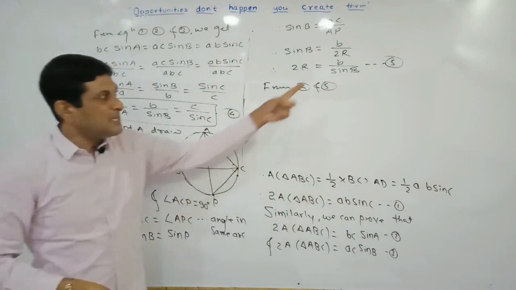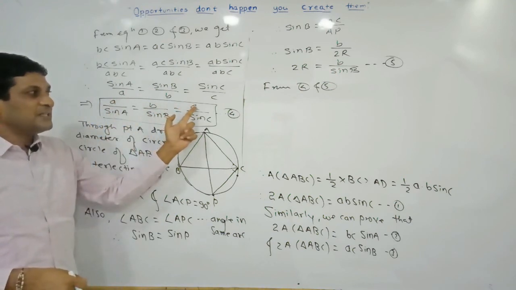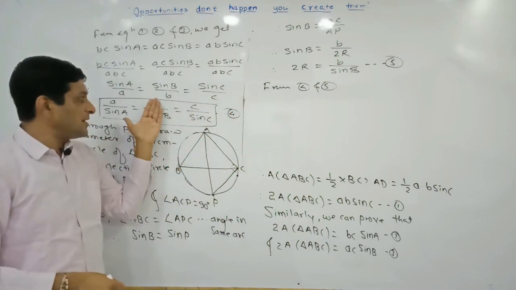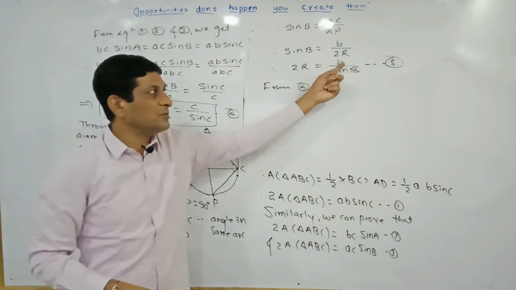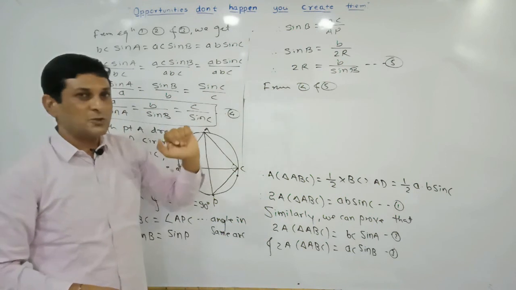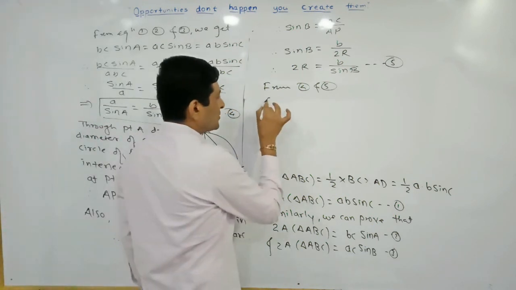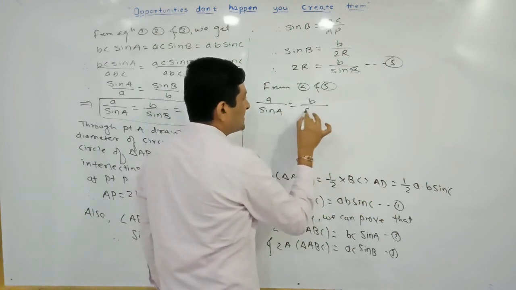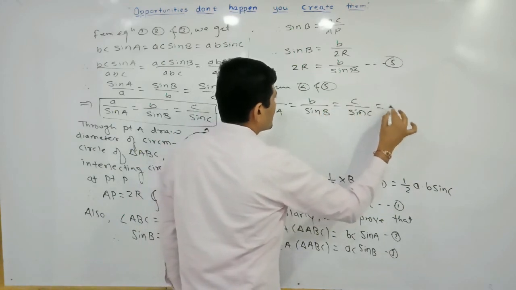So already this b upon sin B is equal to what? a upon sin A is equal to c upon sin C. But according to this equation, b upon sin B is equal to twice R. What is our conclusion? This value is equal to a upon sin A and c upon sin C, and also equal to 2R. Means all these four values are equal. So from this equation we can conclude that a upon sin A is equal to b upon sin B is equal to c upon sin C is equal to